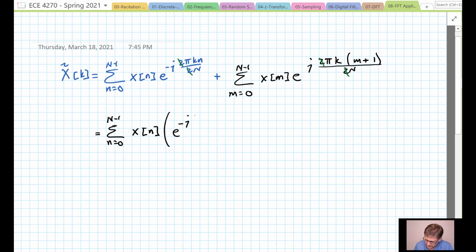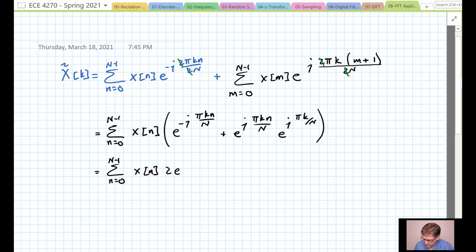And so we get e to the negative j pi kn over N plus e to the positive j pi kn over N, and then we have this extra term out here, e to the j pi k over N. So it looks like we've got a cosine-like operation going on in here, but we have this extra term. So we can factor that out,